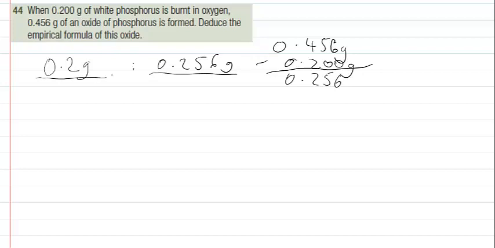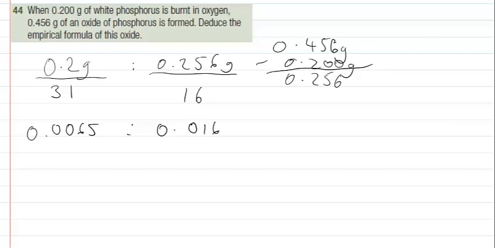Okay, now we divide each of those by the relative atomic mass of the element involved. So, phosphorus has a relative atomic mass of 31. Oxygen has a relative atomic mass of 16. Now if you put this into your calculator, on the left, 0.2 divided by 31 is 0.0065 with some other numbers, and on the right, 0.256 divided by 16,